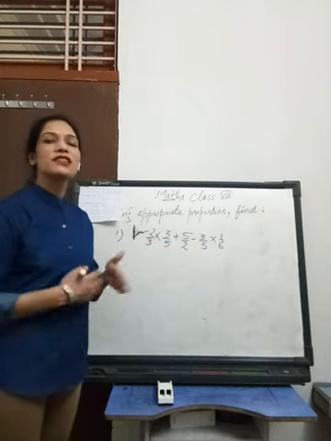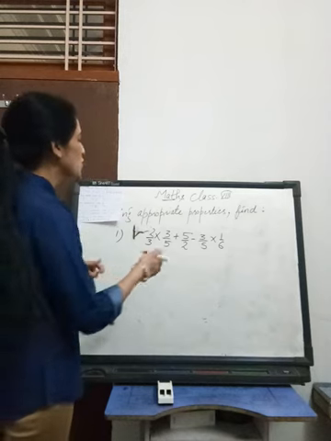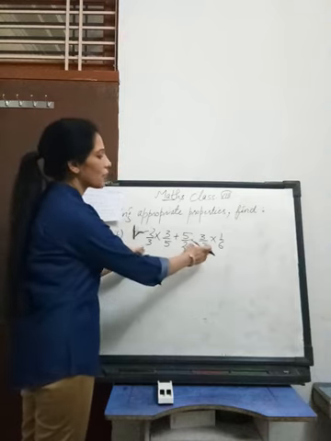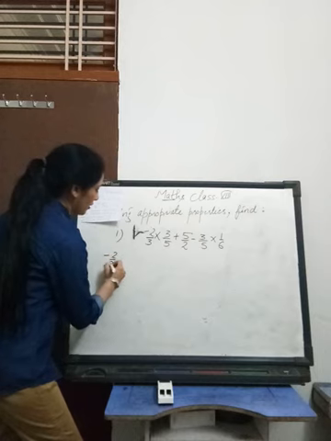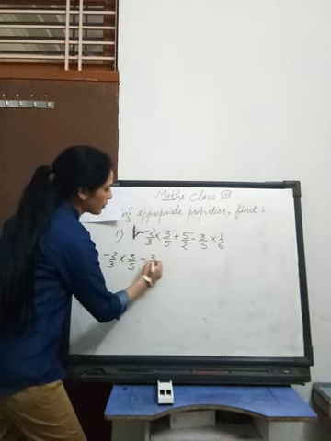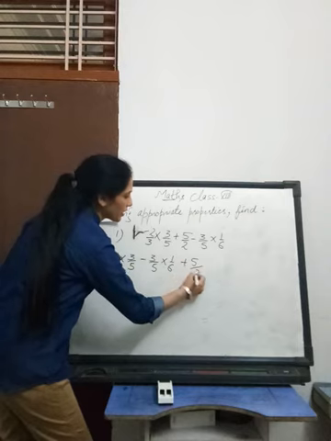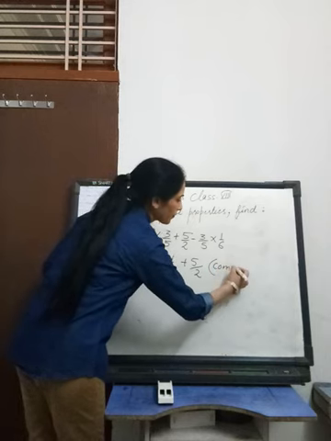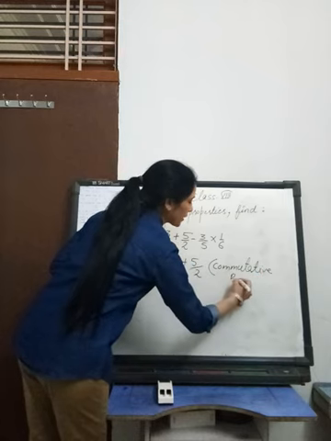First of all, I will rearrange the rational numbers because according to the commutative property we can rearrange them. Look here, 3 upon 5 is in the very first term and 3 upon 5 is in the last term. First of all, I will write these two terms together. So here I write minus 2 by 3 multiply 3 by 5, then the last term minus 3 by 5 multiply 1 by 6, and 5 by 2 I write over here. Clear? Which property did I use? Commutative property, isn't it?